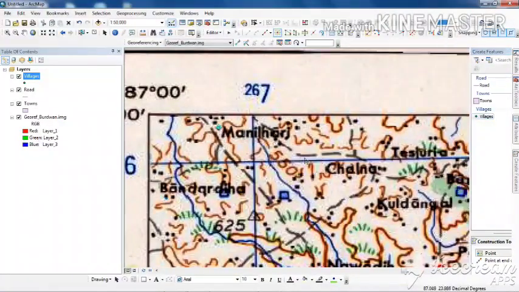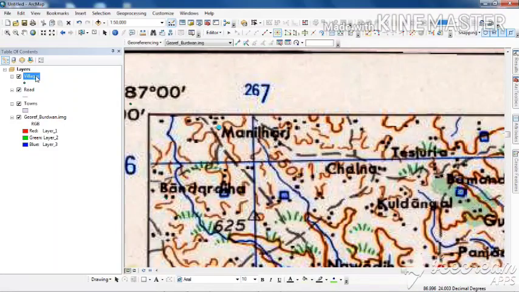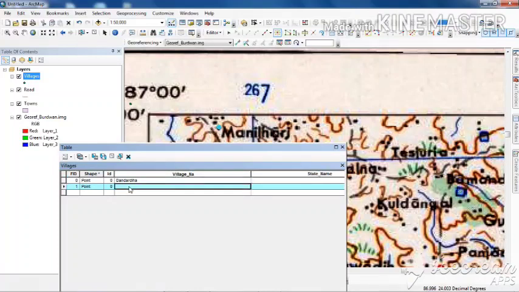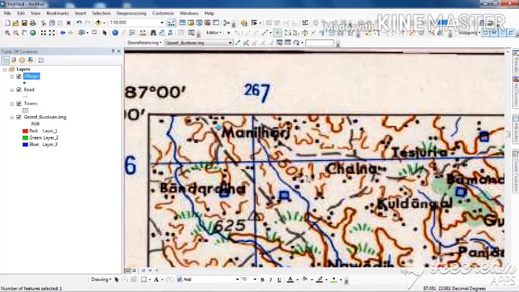So this is the point of Manil Hut. Again, this is Jalna.